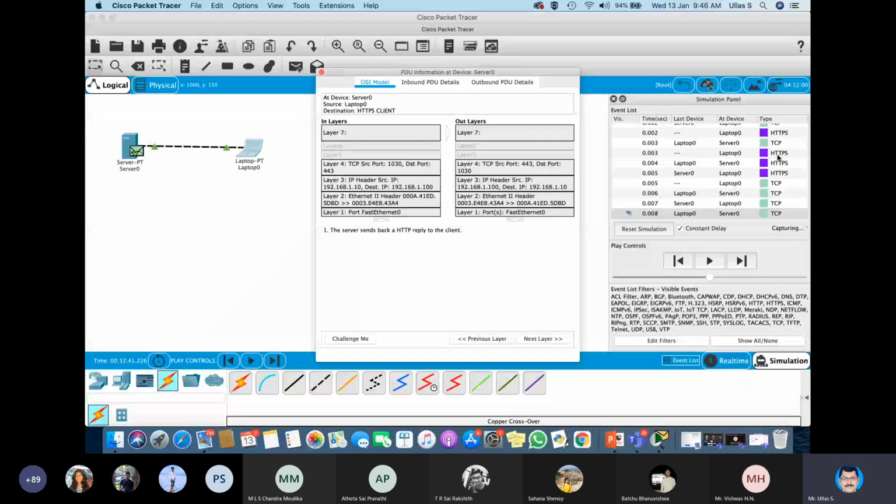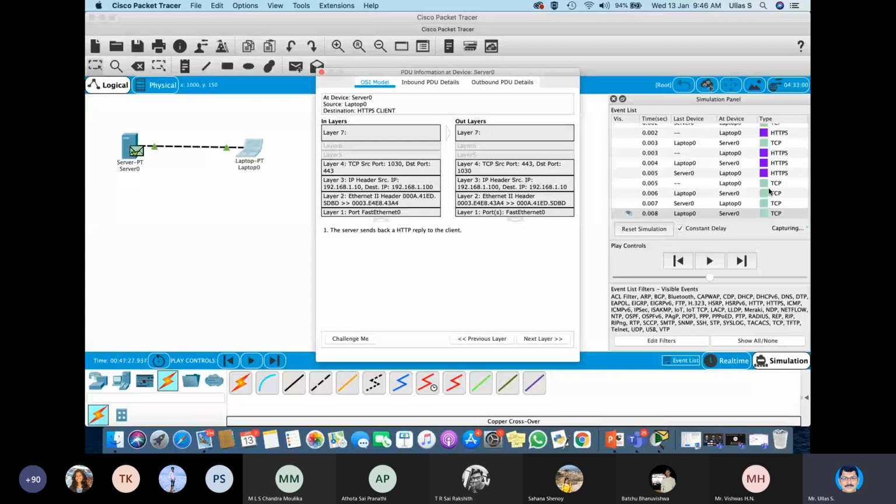For the time being, just understand that the connection establishment will take place, then HTTP communication. HTTP or HTTPS, both are connection oriented. They use TCP, so a TCP acknowledgement will come. Then after the communication, connection termination will take place. So I hope it is a little more clear.